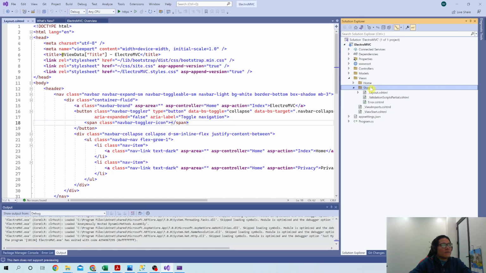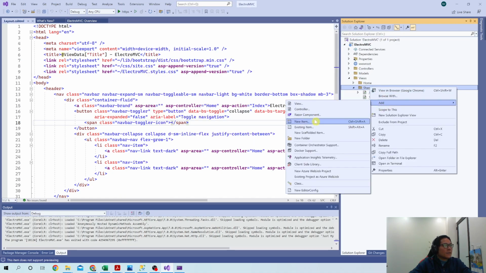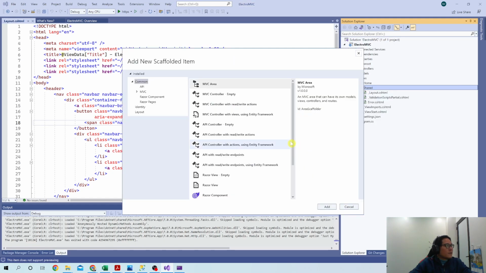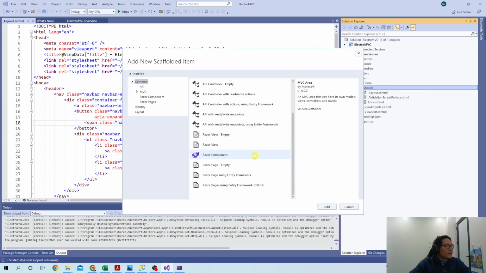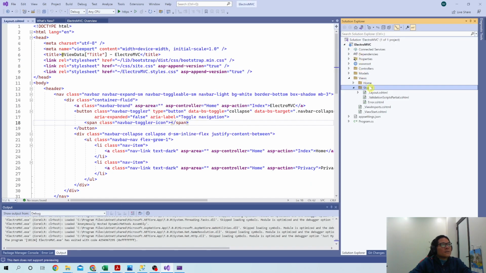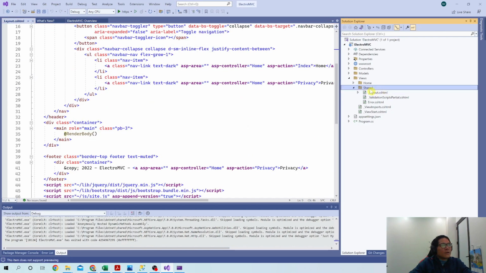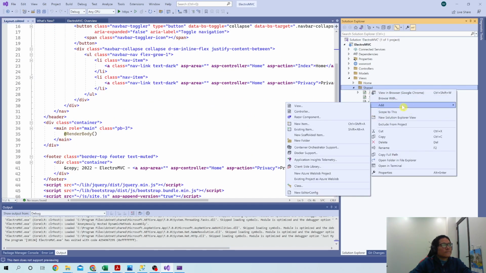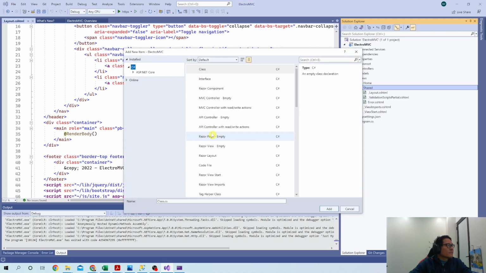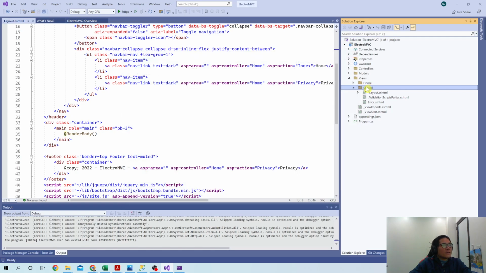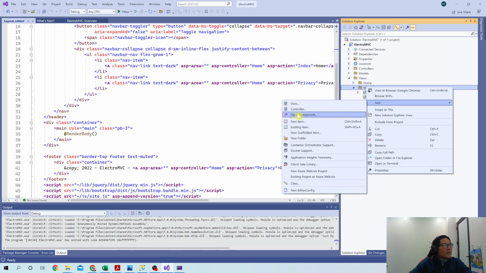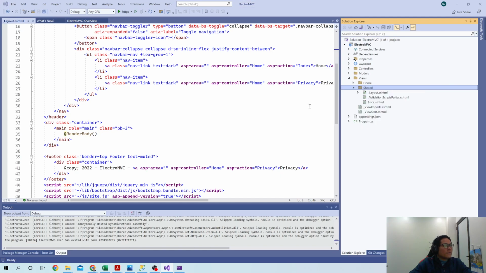Let's see if I understand it correctly. New scaffolder item, right? Okay. This is same thing. You can go to the layout. This is the layout, right? We can create a new share layout, new item. You go to the, let's see, this razor view share layout. No, okay. Sometimes I forget how to add it. How do you create a new view right here,